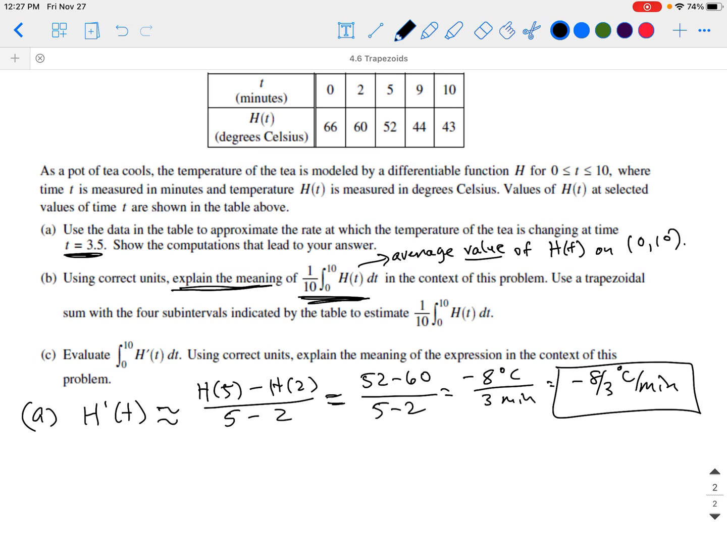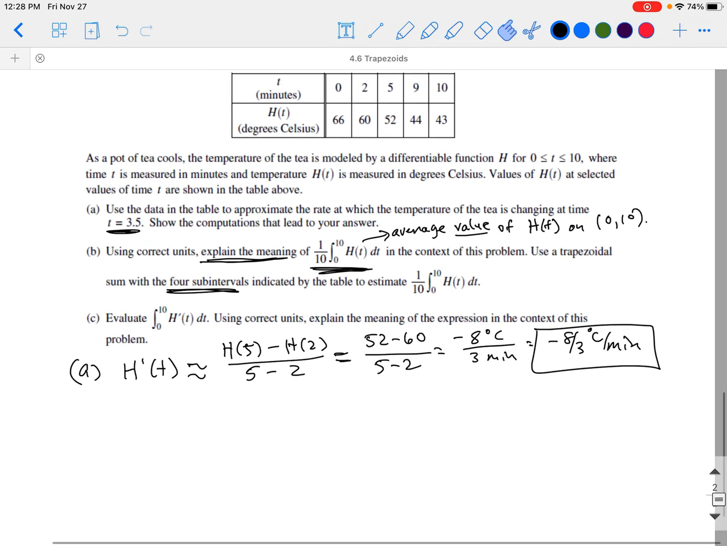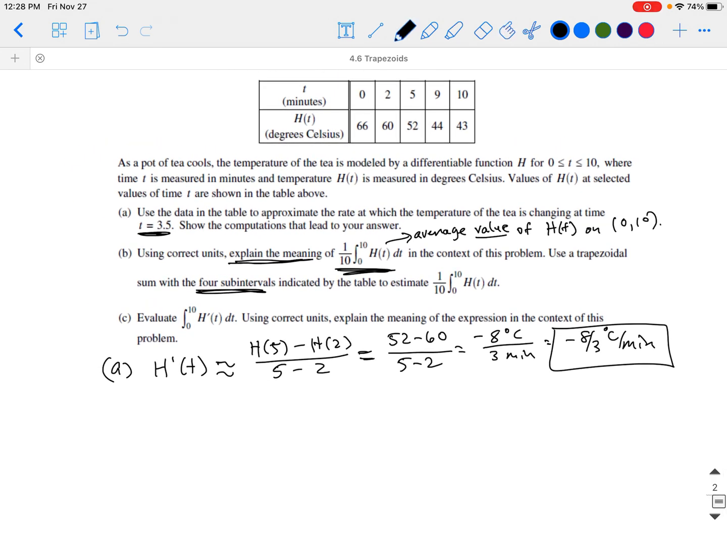So we'll get degrees Celsius times measurement divided by time, which will give us degrees Celsius. So we want 4 subintervals as well. So let's go ahead. We can zoom out a little bit here just so we can still see the table. So for B, 1 over 10 integral of h of t dt from 0 to 10 is going to equal